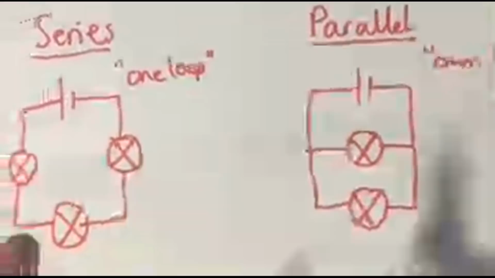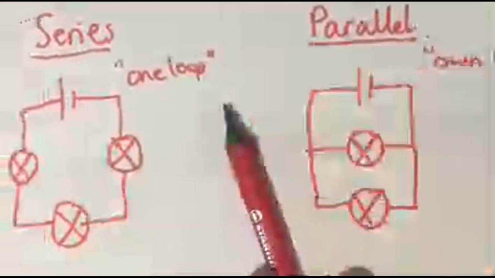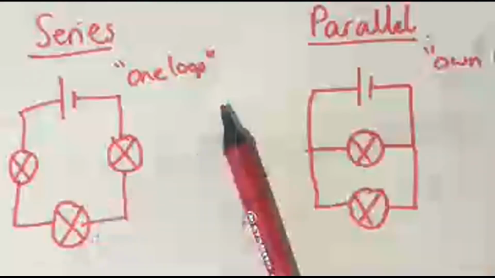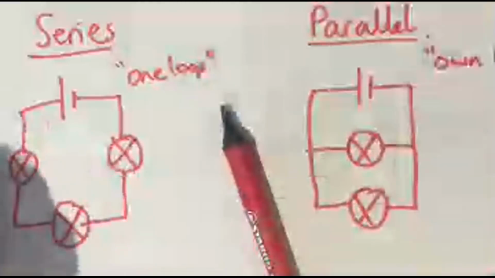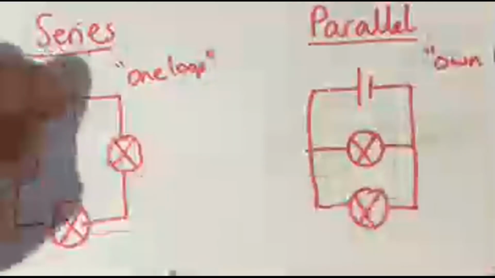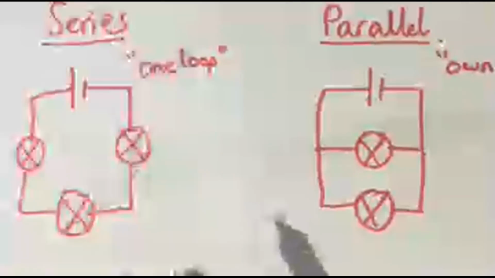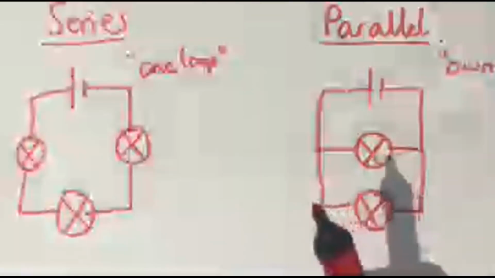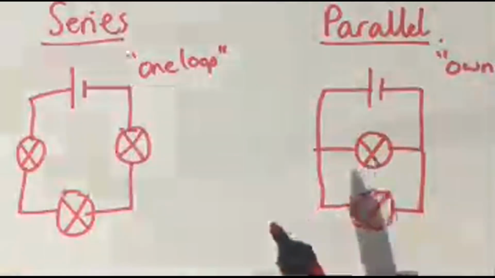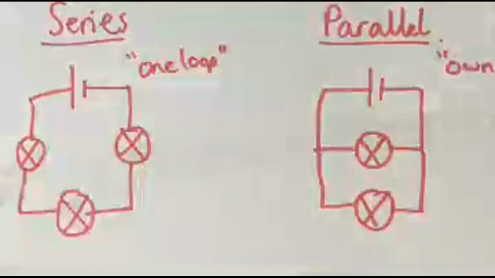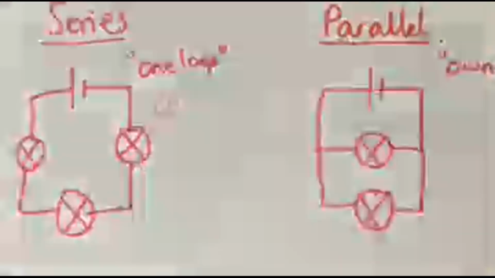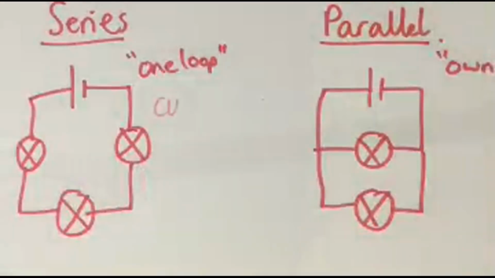Let's go back to that river analogy. We said that the rate of flow of things going past you is the current. How much oomph they've got is the voltage. And if I take a series circuit, it's all in one loop. So no matter where I look on this loop, the same amount of water is going to be flowing past, because it's just one loop. So that means that the current,